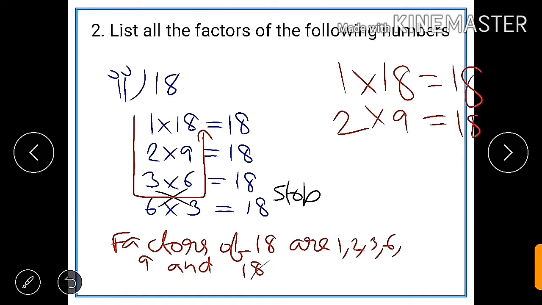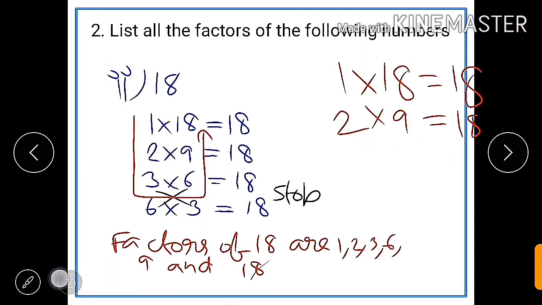And students, if you don't know the multiplication tables, I will suggest you learn those. And if you want to do it without that, then you can also do that. What you need to do is, first we will write 18 in the rough and we will check whether it is exactly divisible by 2 or not. So when 18 is divided by 2, we will get 2 9s are 18 and the remainder is 0. Therefore, it is exactly divisible. So, we will write 2 into 9, that is 18.